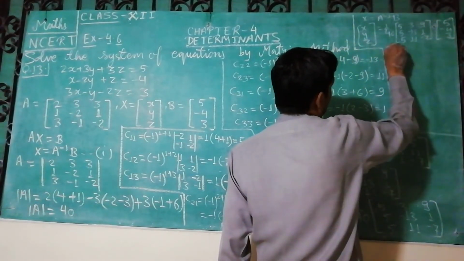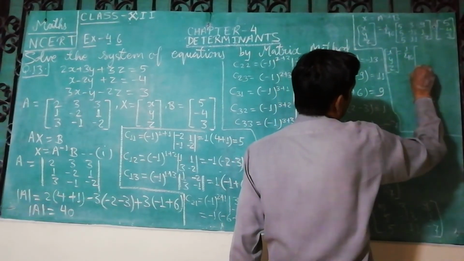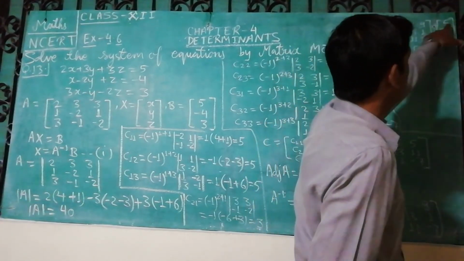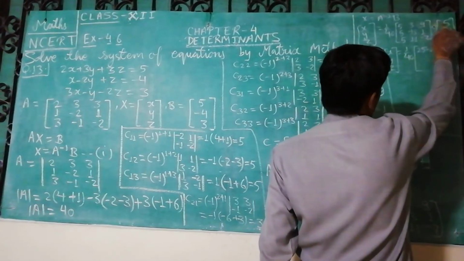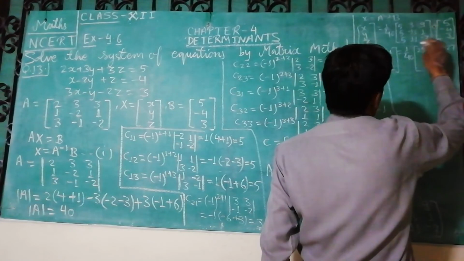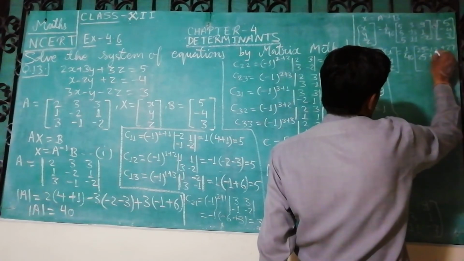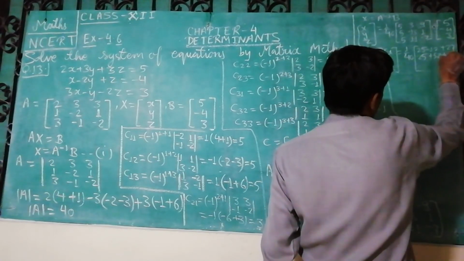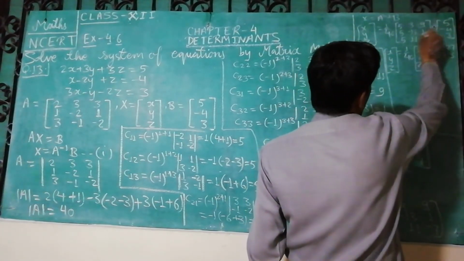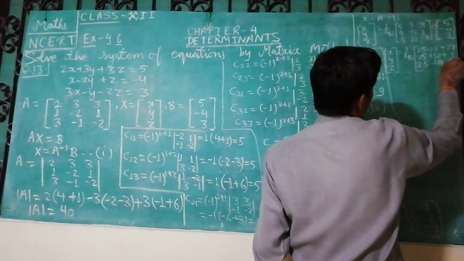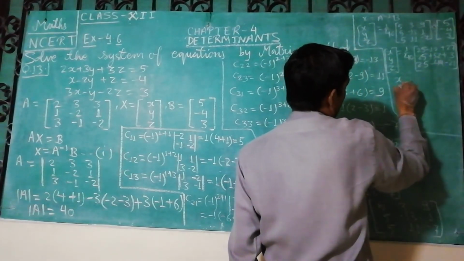X, y, z. Here it is 1 by 40. And then this should be multiplied. See, 5 5 are 25. 3 4 are 12, so minus 12, because here it is a minus sign, and 9 3 are 27. Here it is 5 5 are 25, and then minus 13 into minus 4, that is plus 52, and then plus 3. 1 3 are 3. Now 5 5 are 25 again, minus 44, and then minus 21. This matrix is closed.